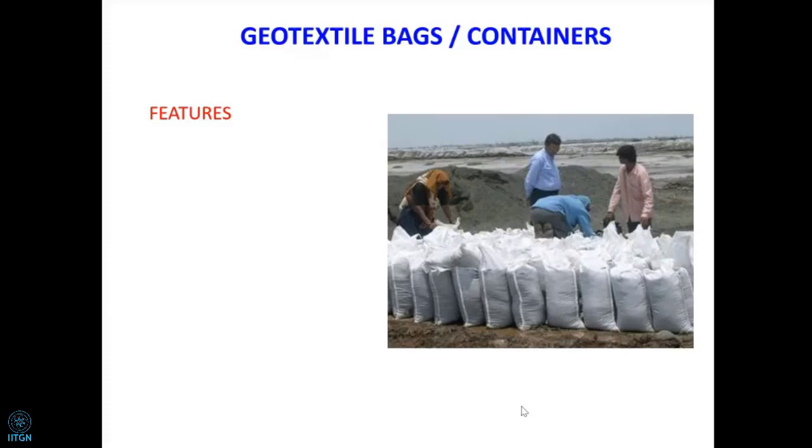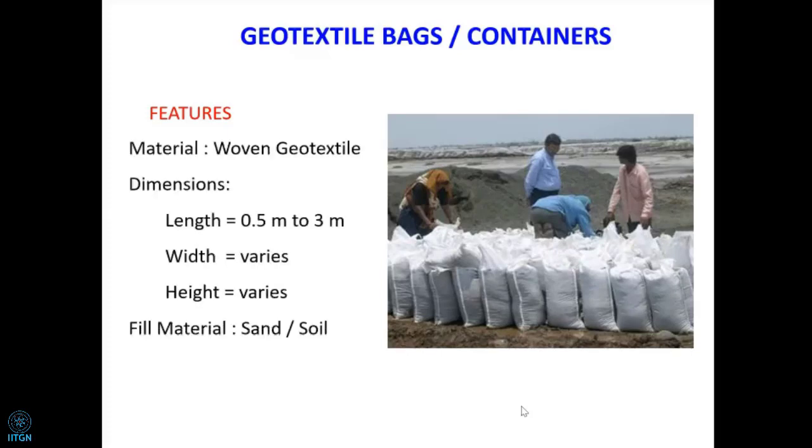If you are going to handle it manually, you can also handle it mechanically, with the crane, with grabs which are soft rubber. They can pick it up so the textile is not damaged. They can place it in position. So this is all decided on the methodology of installation and the site conditions. Generally these bags could be of length 3 meter to 5 meter. Width can vary and the height also can vary.